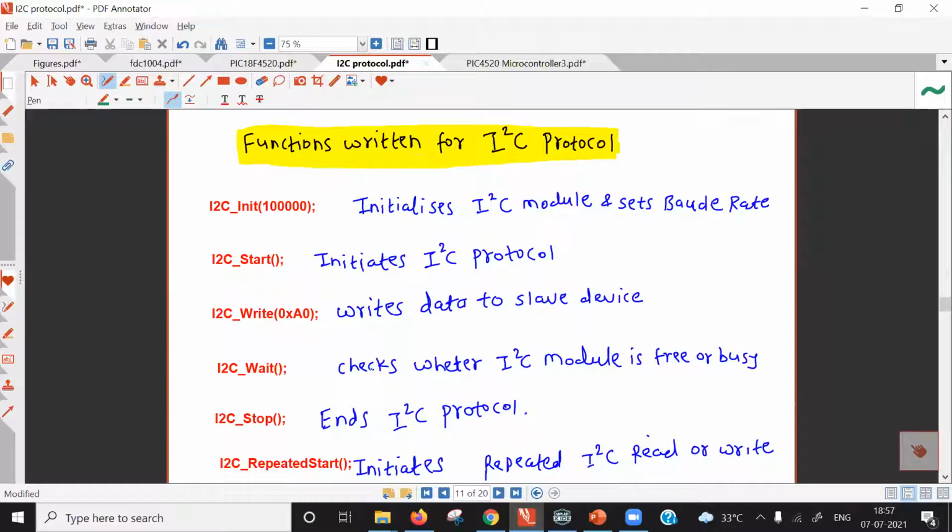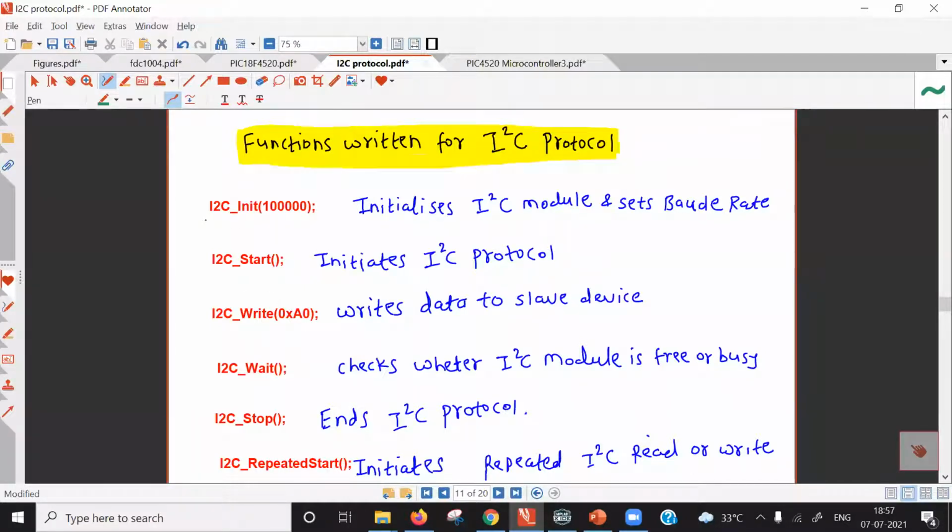And you know that protocol means a proper sequence of operations. In a protocol, you cannot modify the sequence. That's why it is called a protocol. Protocol means a predefined sequence of operations. So whether it is a networking protocol or other protocols, you are supposed to follow the proper sequence. If this sequence is not followed, then that protocol cannot be implemented.